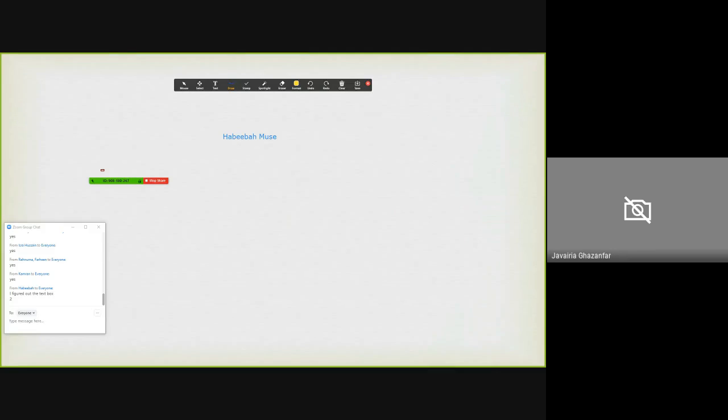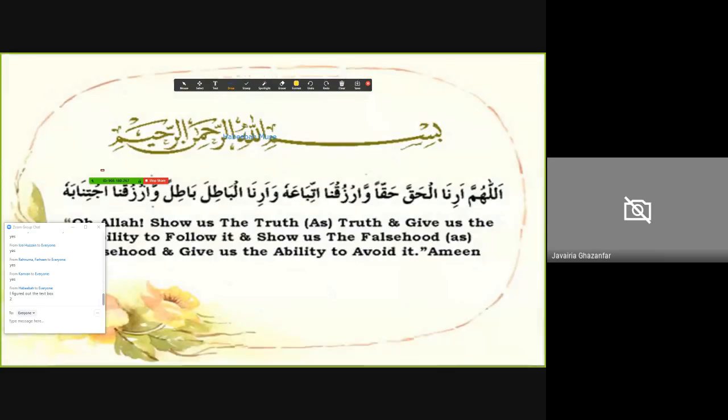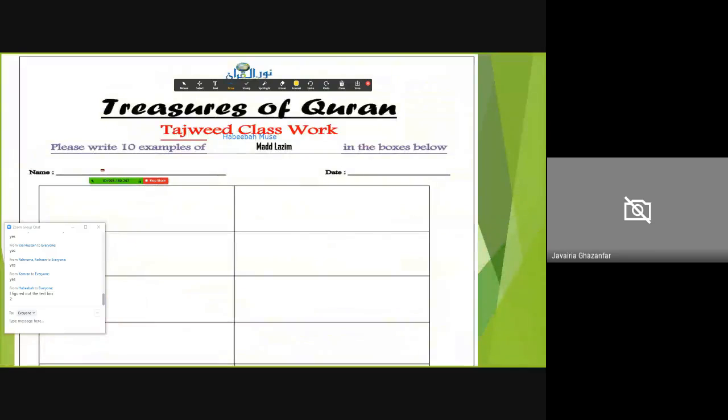May Allah subhanahu wa ta'ala make it easy for us, and we make dua that Allahumma arina al-haqqa haqqan warzuqna ittiba'ahu wa arina al-batila batilan warzuqna ijtinabahu. Oh Allah, help us see the right as right and give us the ability to follow it, and oh Allah, help us see wrong as wrong and give us the ability to avoid it. And especially say the du'as of ilm that you have with you, that Allah benefit us from what you teach us, and teach us that which will benefit us and increase us in the rightful knowledge.